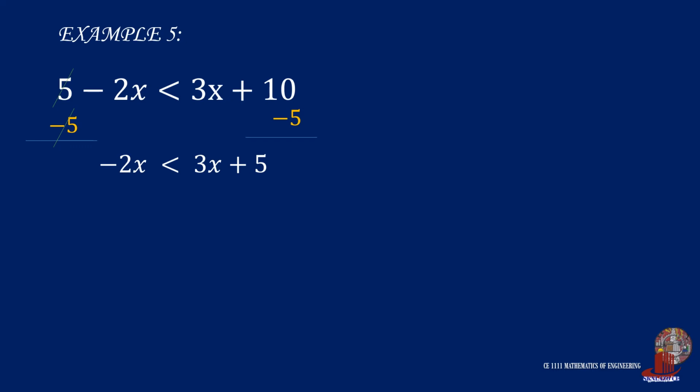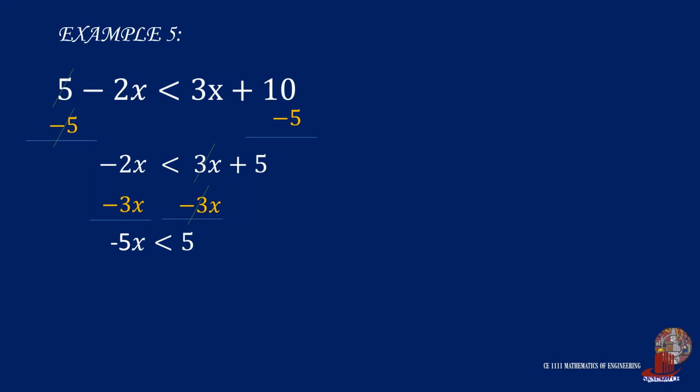Another variation of inequality is as shown. Let's solve 5 minus 2x is less than 3x plus 10. Simplifying the constants, we subtract 5 on both sides to have negative 2x is less than 3x plus 5. Now group terms with x to the left, so we deduct 3x on both sides, leaving us with negative 5x